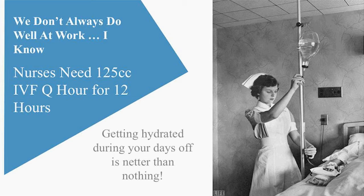So if you think about at least definitely getting hydrated on your days off from the shift, having those water bottles around the house, having those preferred preferences, even if you're not thirsty, drinking water anyhow, having easy access, maybe carrying a water bottle in your purse, or having one in your car, doing the things that's going to give you the access to the fluids. If it's not in front of you, if it's not around you, it's very hard to drink it. So making sure that you keep up with that on your days off